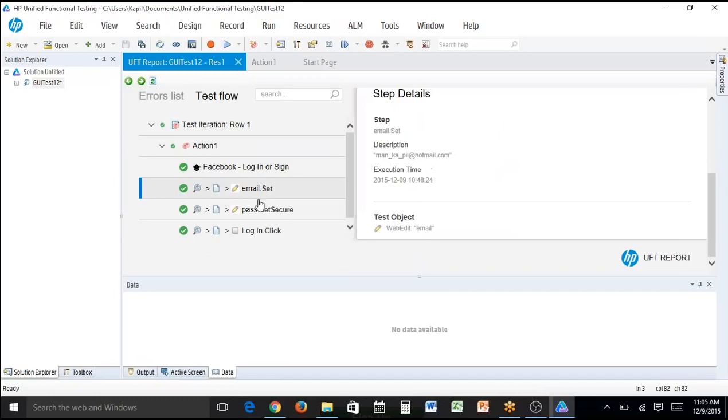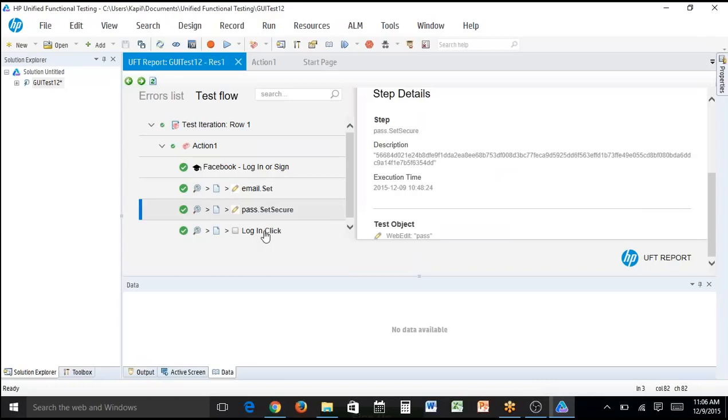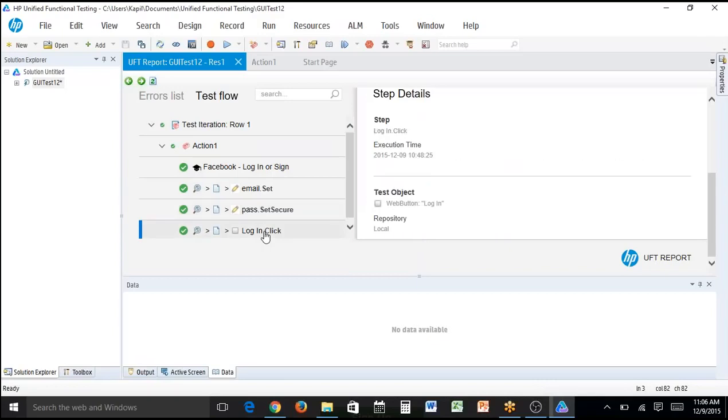So UFT is better than QTP? Yes, of course. I agree that UFT is better because in QTP I'm not able to run my tests in web browsers like Firefox, Chrome and all. I can run my tests only in Internet Explorer, and I also cannot test my mobile applications in QTP,